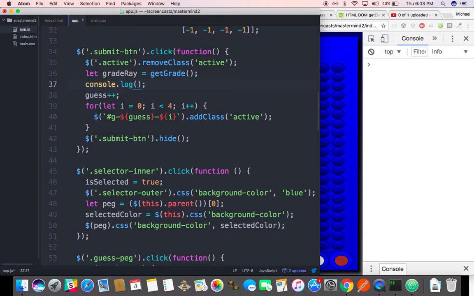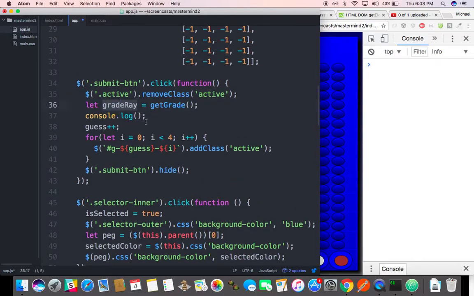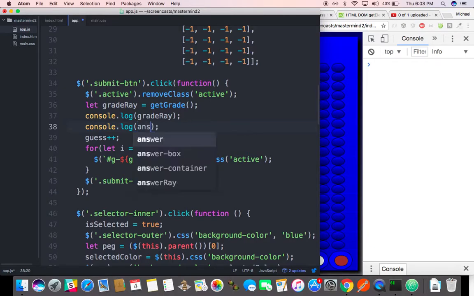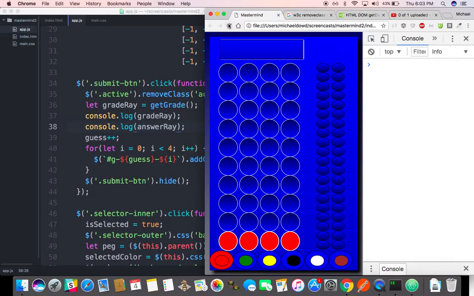Log, Command Z, Command C. We're going to log this, and we're also going to log the answer array. Take two. Okay, we use green this time because we're mixing it up, variety. Well, here is the answer array, and here is,